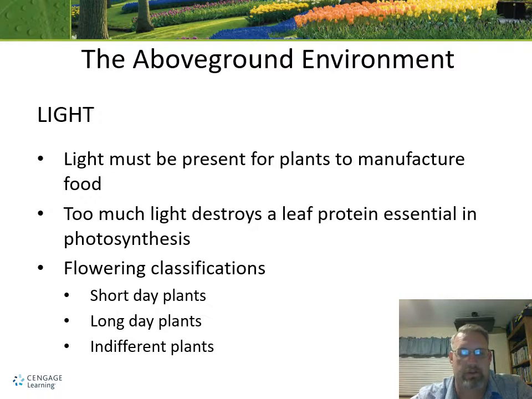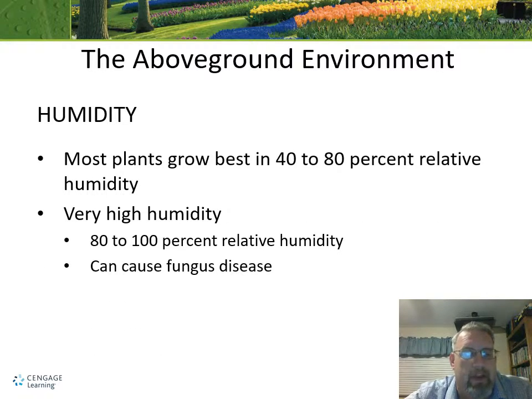Different times of the year, excuse me. And then humidity. Most plants like a lot of humidity, between 40 and 80. Unfortunately, here in California, we typically have between 10 and 40. So we don't have ideal humidity, but high humidity brings the potential for disease, and we don't have as high of disease pressure here as other areas of the